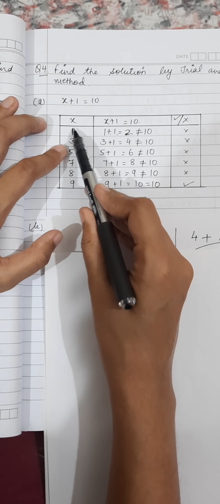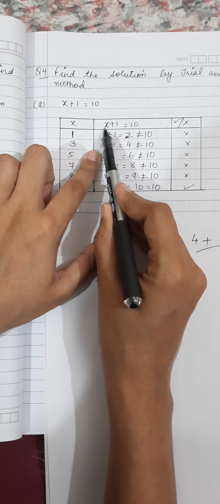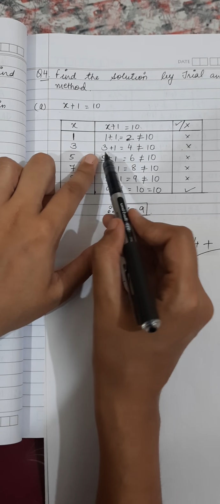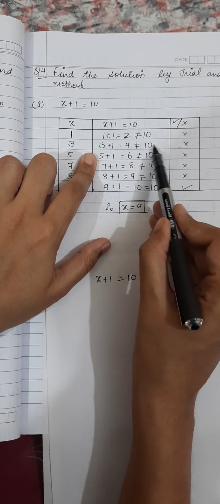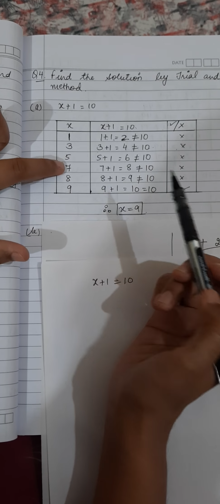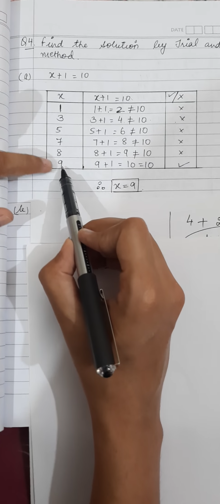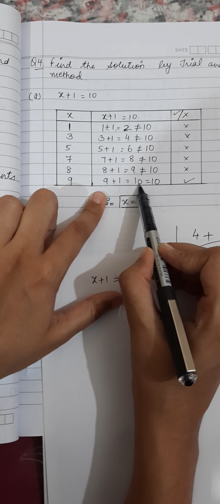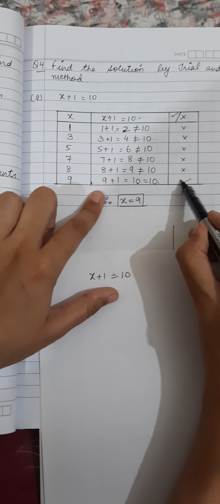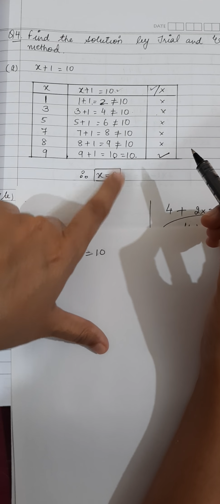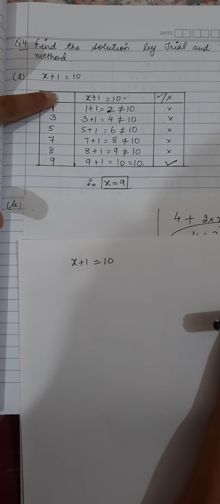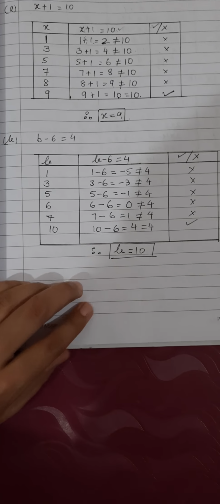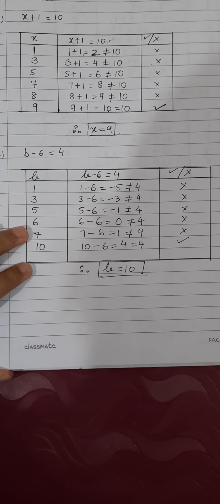Next, 3. Now the value of x I have taken is 3. I am going to place this value 3 in this equation. What is 3 plus 1? 4. Not equals to 10, obviously. So the answer is wrong. That means if I take the value of x as 3, this will not give me the answer. Similarly, 5, 7, 8 and then 9. If I am going to take 9, place the value of x as 9, 9 plus 1 is going to give me 10, which is equals to 10. Yes, it is correct. So therefore the value of x is going to be 9. So this is your trial and error method. You are trying, error is coming, but still you keep trying, and then you are going to get the answer.